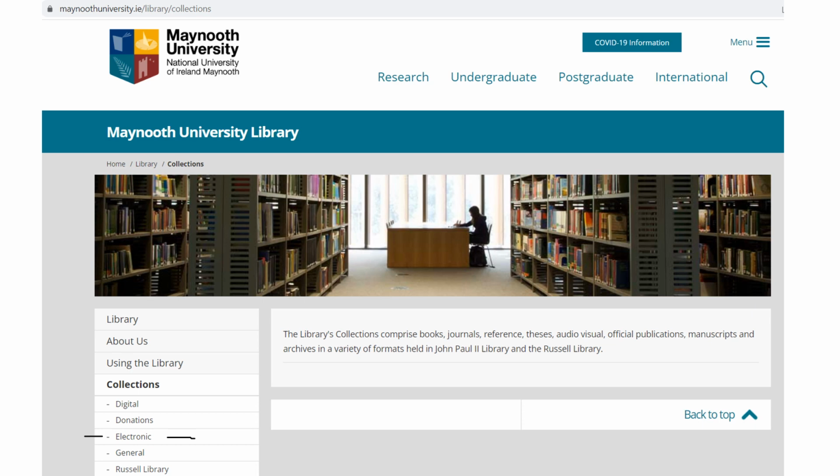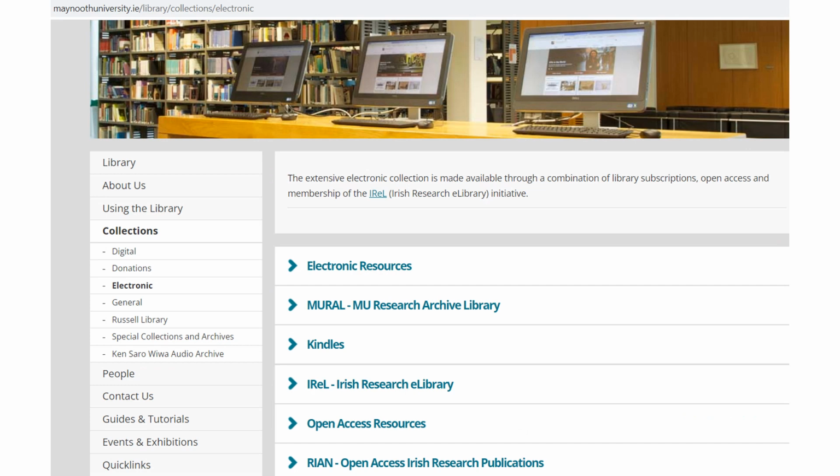If you're looking for, say, books or journal articles, you'd usually click on General, but for this particular resource and other resources, you'll usually have to click on Electronic. Moving on swiftly, then you'll see a range of options there for the library. Now, back in the good old days, an archive of newspapers was an option here, but not anymore. Instead, we now have to go through electronic resources. So we click on that,